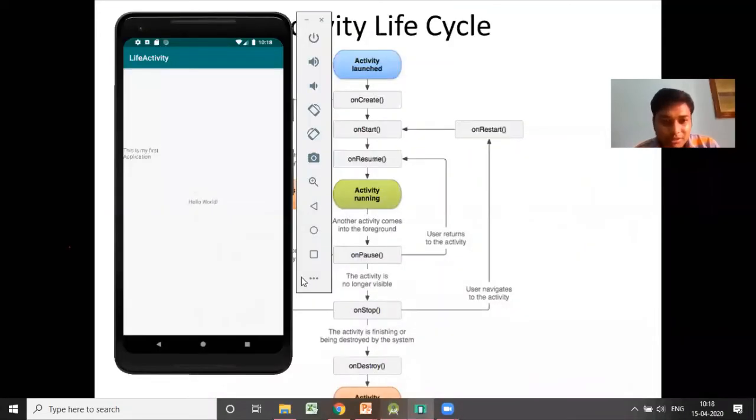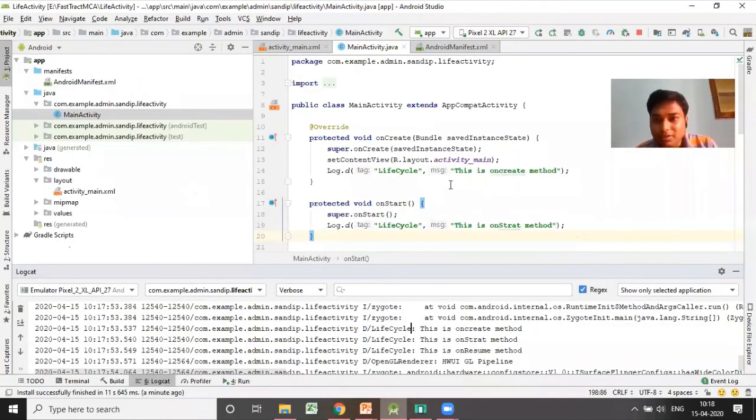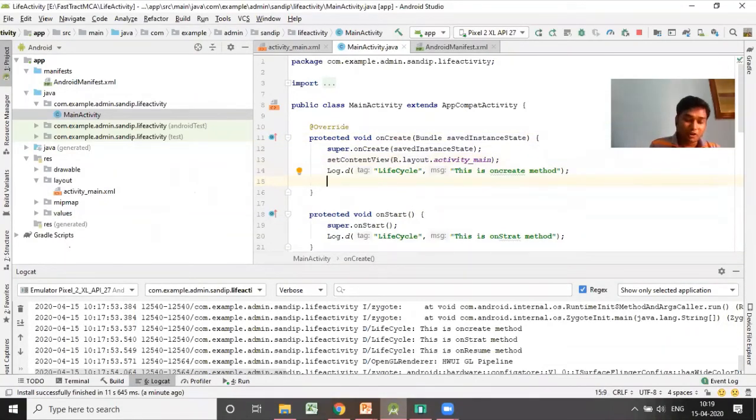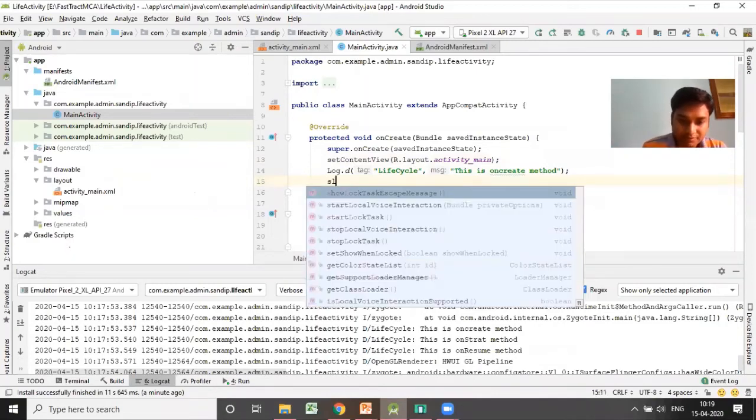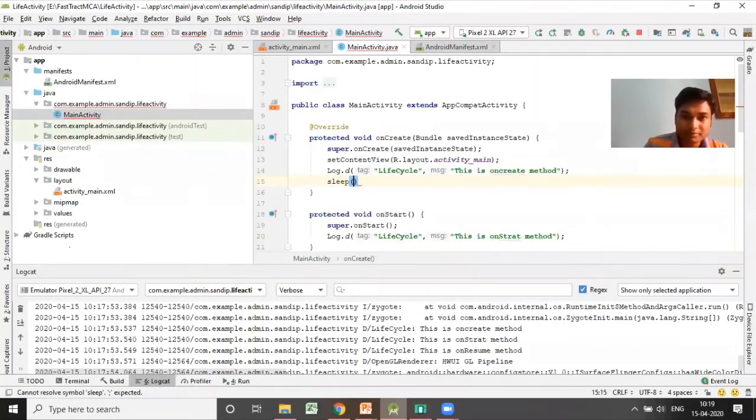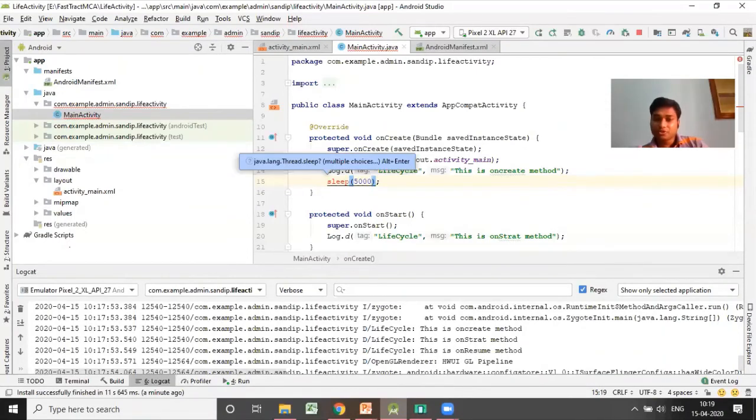You need to write one extra line in every function, that is the sleep function. Within this you write 5000, which means it will stop the execution for 5 seconds.